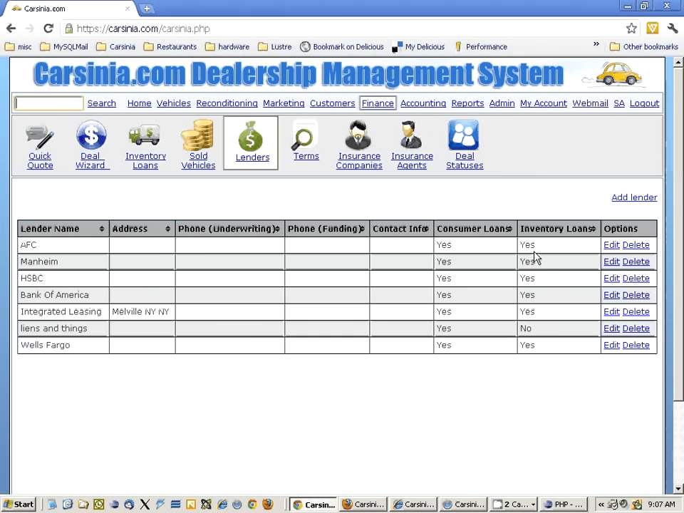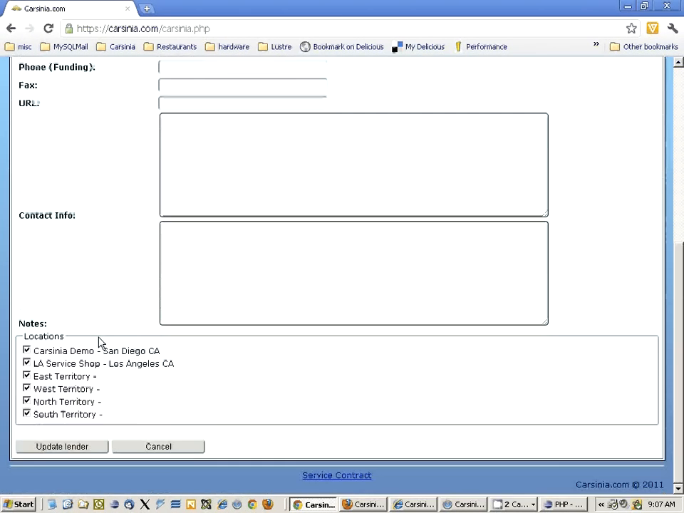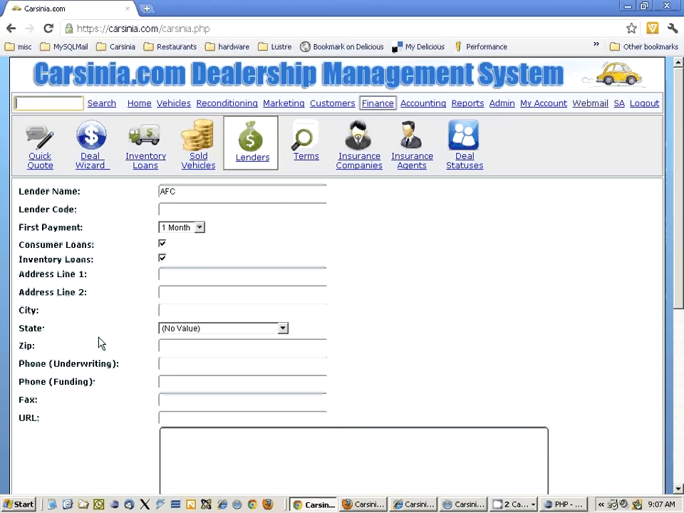Sorry, it's in the finance lenders. So I'm going to be editing this lender, and here you can see there are different options for each lender. The first payment may be due in 1 month, 30 days, or 45 days. So what that means is, let's say, for example, you got the loan on the 30th, and their policy is